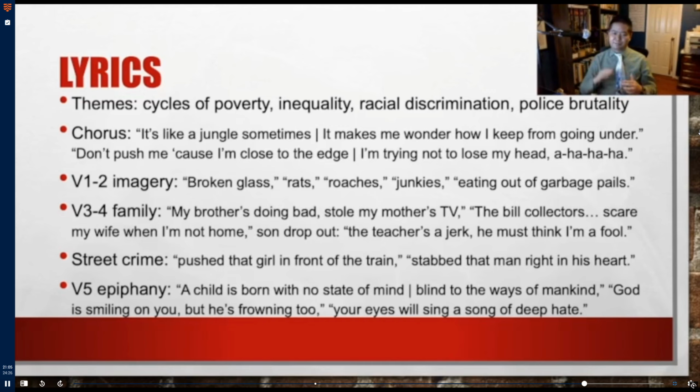Then verse 4 also builds, again with these longer verses, towards a description of street crime. And there are a couple of really vivid images that I won't go into detail for, but one of the lines references push that girl in front of the train, as well as another man stab that man right in his heart. So a couple of deaths on the street, which are unfortunately commonplace for the speakers, and almost described in a dispassionate way, but as the imagery is showing things spiraling more and more out of control and more desperation rising. And so this leads to verse 5 and Epiphany, when Melle Mel comes back to speak,